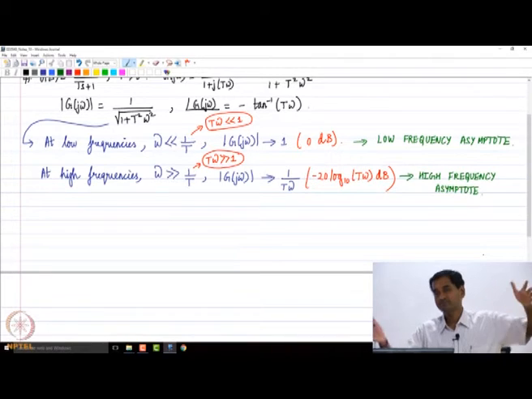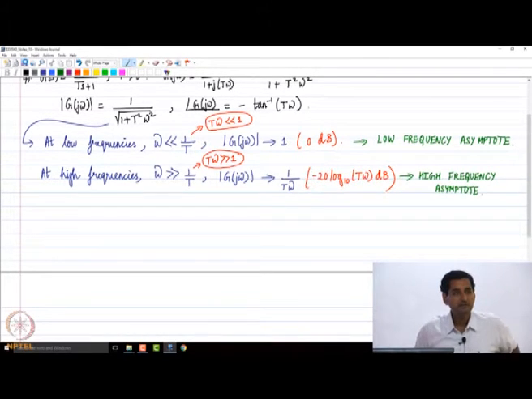So essentially we are looking at what happens to this magnitude at frequencies lower than 1 by capital T and higher than 1 by capital T. And why did I choose capital T and 1 by capital T here? Please remember for a first order factor 1 by Ts plus 1, with capital T greater than 0, the physical significance of capital T was that it is the time constant of a first order system, right? So if you recall a transfer function of the form 1 by capital Ts plus 1, why did I consider 1 by capital T? We can note that